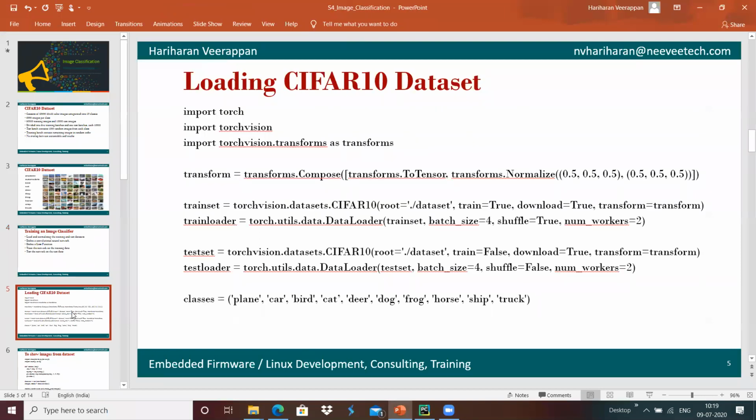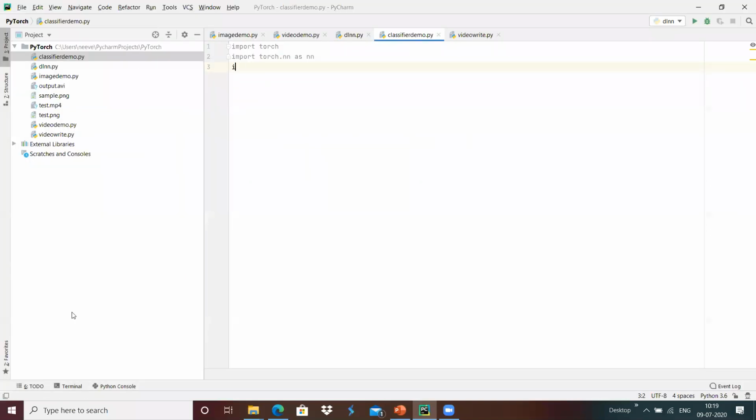Maybe we have the information of transforms that we will use over here, and I'm going to use import torchvision.transforms as transforms, and I'm going to import torchvision, which contains the member functions to load the data sets over here.